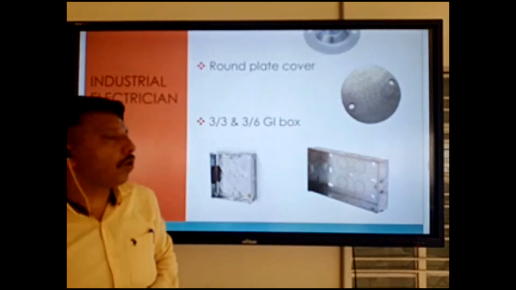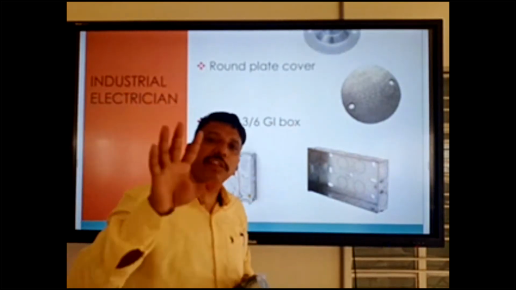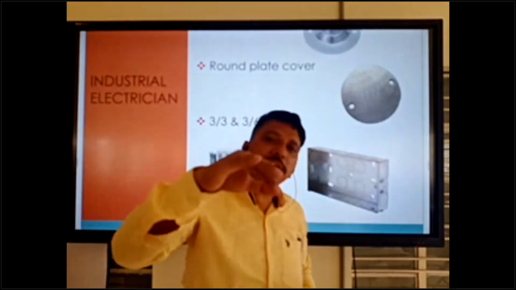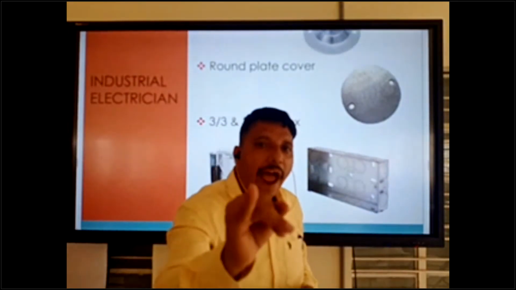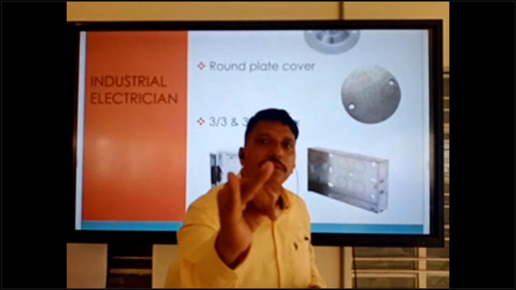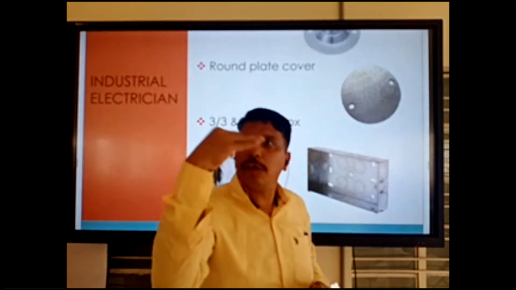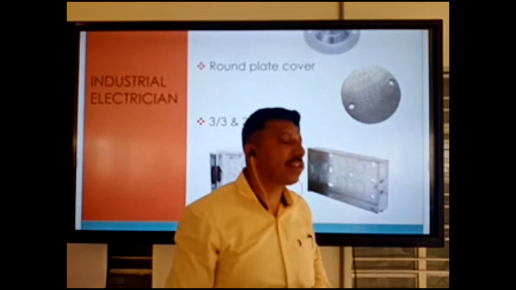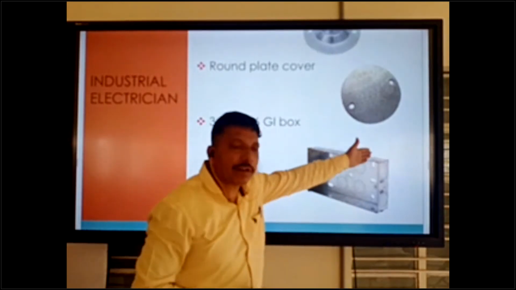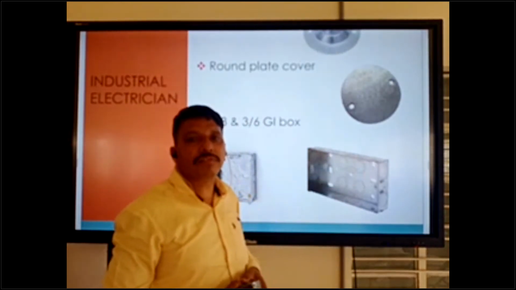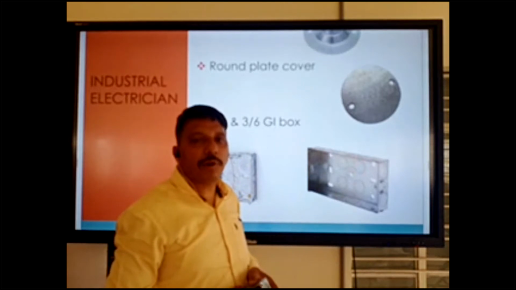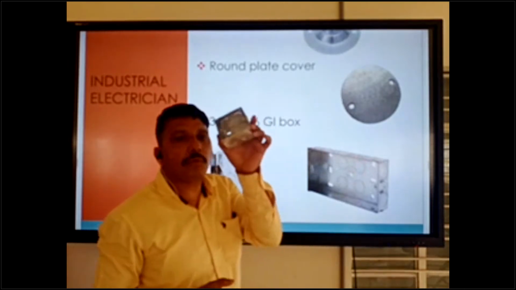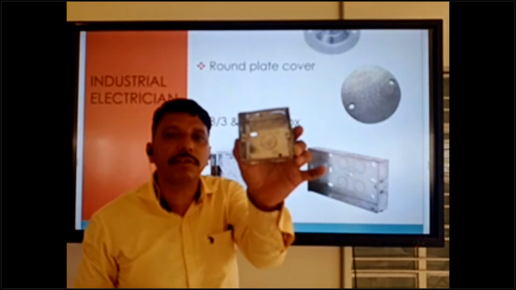Okay, so if the switches come in one place, one light switch, one fan switch, another corner light switch, if 3 or 4 switches are coming, we can use the 3x6 GI box. Only one switch coming, we can use 3x3.